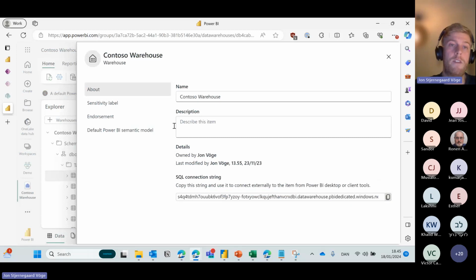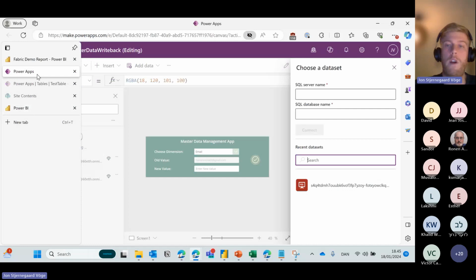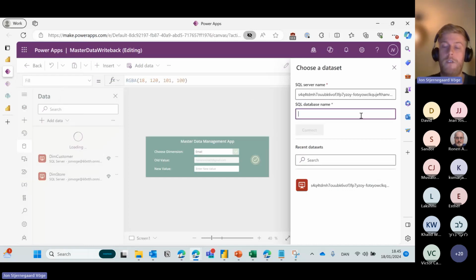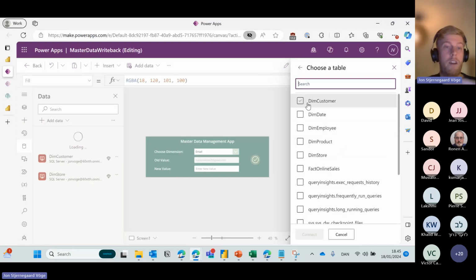And if you copy this and remember the exact name of the warehouse, you can go into your Power App, you can paste in the server name, that's the string you just copied, and then you'll need to type in the exact name of the warehouse as the database name. That'll allow you to actually connect and import tables from your Fabric data warehouse and use that as a data source inside of Power Apps. Super nice. What is, however, not nice is that